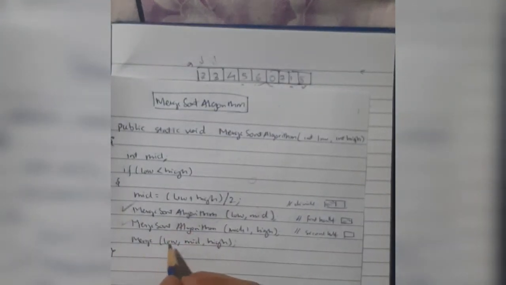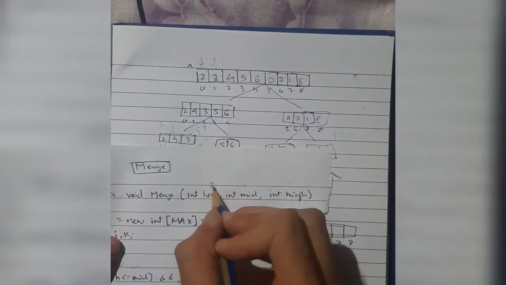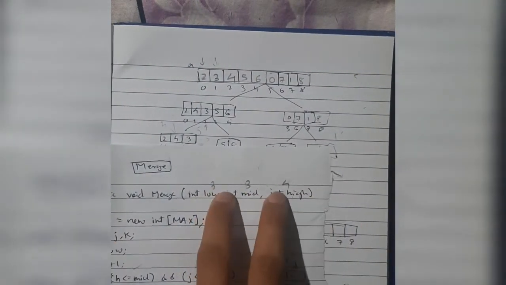The next one is merge low, mid and high. Low, mid and high will be called, what are the values? 3, 3 and 4. So we'll be calling merge now with 3, 3 and 4. Okay, so let's make the changes here. 3, 3 and 4, and this will be called. First thing we have to do is create a new array here, b, which will be empty.